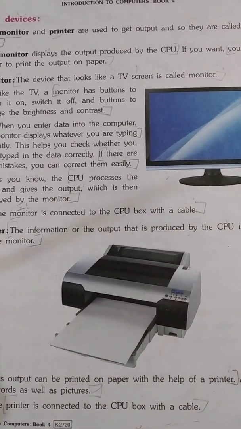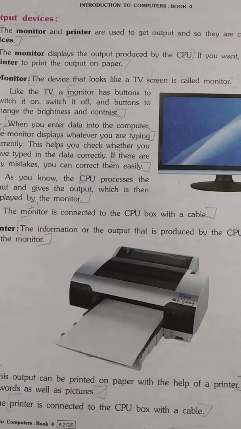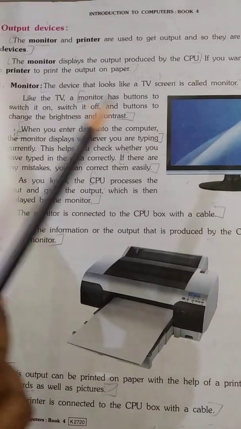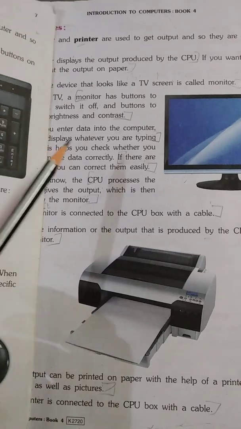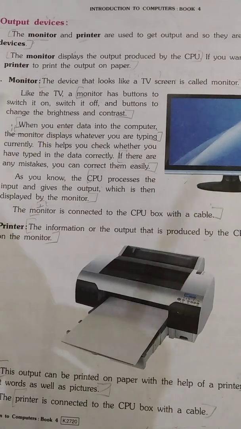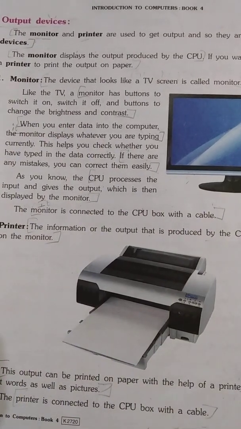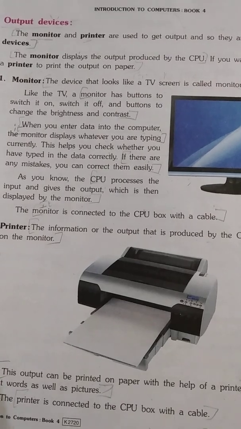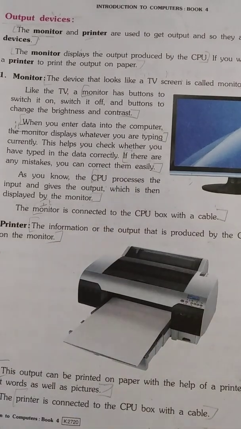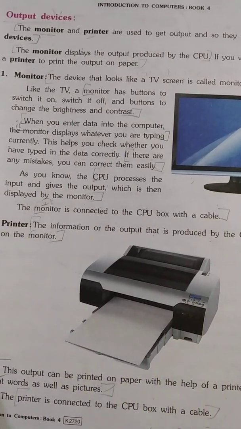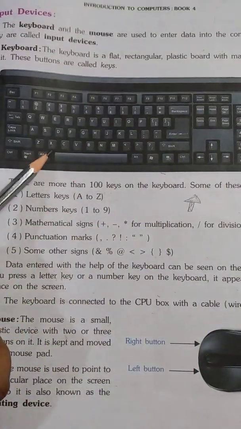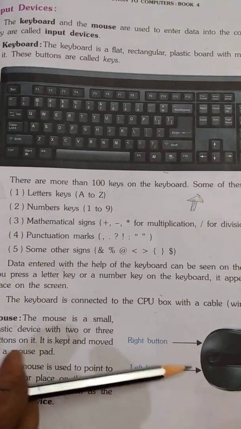Have you understood this lesson, students? So what have we studied in this chapter? The functions of a computer. Now how does this function of the computer work with the help of input devices, the processing unit and output devices? How do we give input to the computer? Can you give the answer? Yes, we give input to the computer with the help of the keyboard and mouse.